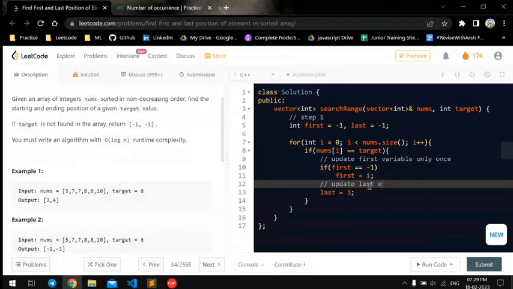So it is correct, but the time complexity is, we are traversing over the whole array. The time complexity is order of n, where n is